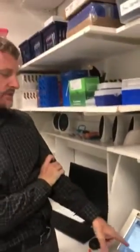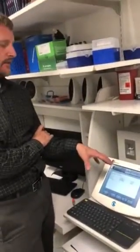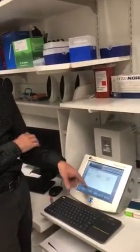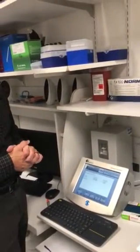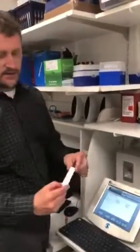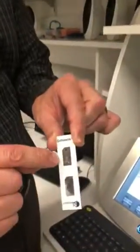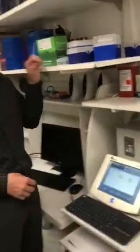Yeah, so this is actually a microscope connected to a camera that you use in conjunction. It's a kit that's pretty easy to use. Anybody can use it, actually. You use these slides that look like this, and you load them up with a sample of the tissue or product that you're trying to count the cells in,